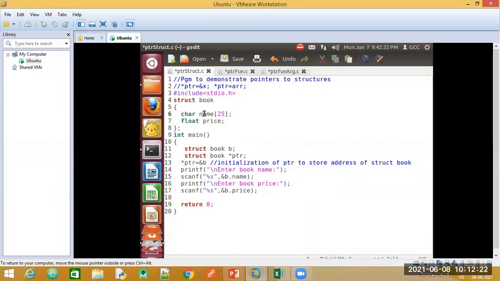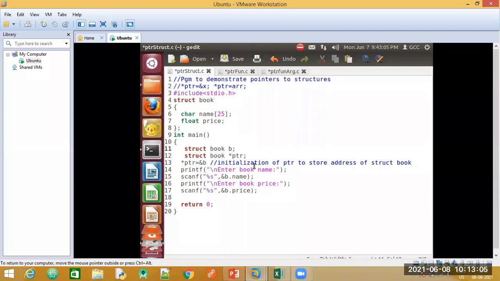book. Now inside these I need structure variables to store my data. So I have taken two, one to store the book name and one more to store the book price. You need to end this structure with a semicolon here, right? Now in my main function, I have declared a structure and I need to store data into these, so I need a structure variable first of all. For that we write the struct keyword, the structure name, followed by the variable name. This variable name b indicates that it is of type book, which is of type structure, right?